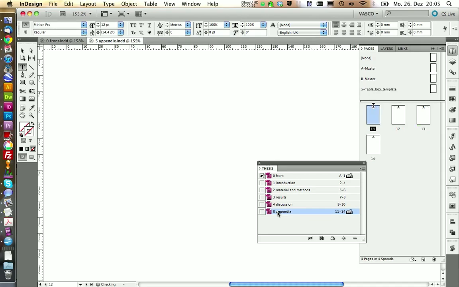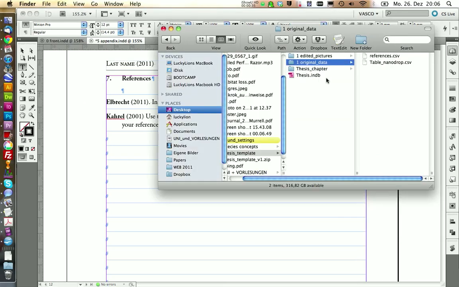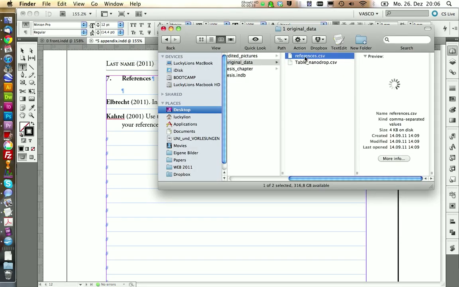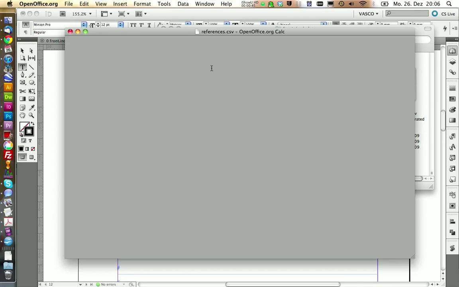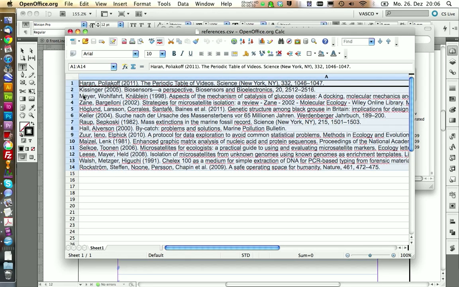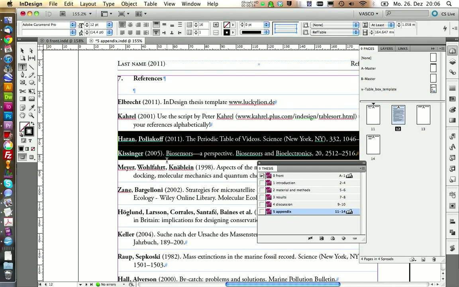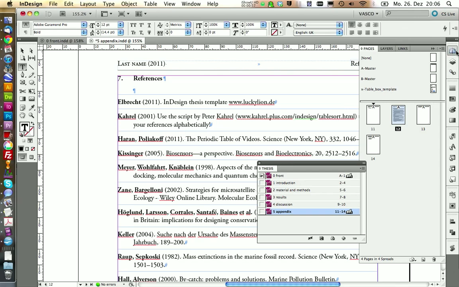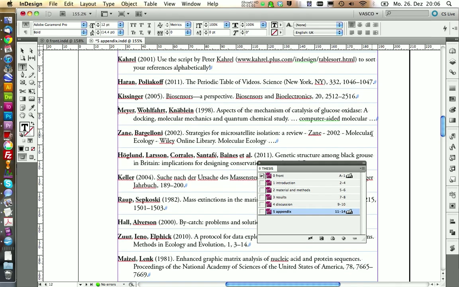Therefore, we're going to open the last chapter, and we have here our references. I have some more references for you, and you find those in the sample documents. It's also again in a table, so let's open this one. And you just copy all of the references in here, go into the table, and paste them in. As you can see, they are getting formatted automatically, which is really, really nice.